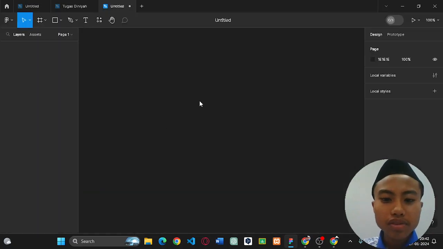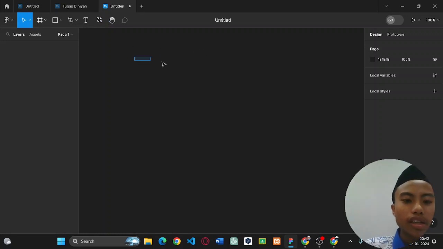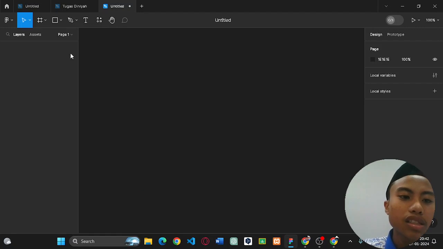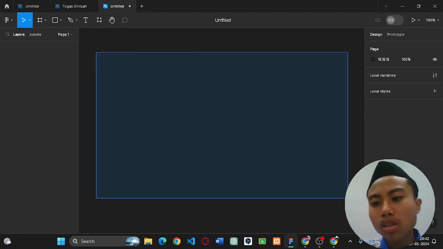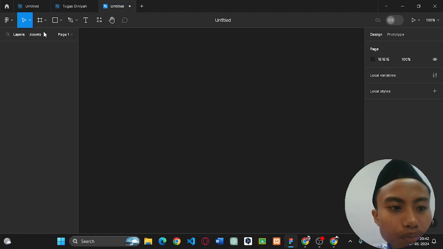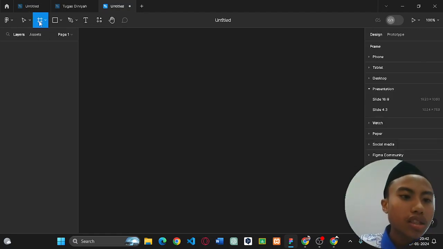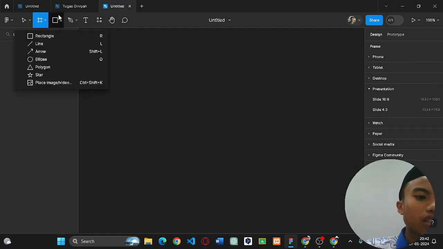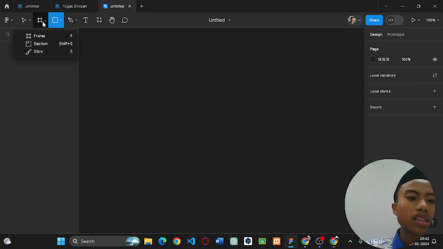Okay, and then it will get you to this blank canvas. Actually, this is not a canvas you can design on. To make something you can design, you can use the frame, because in the frame there are some things like the shapes and the text.